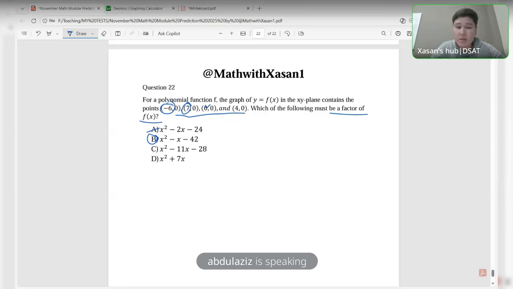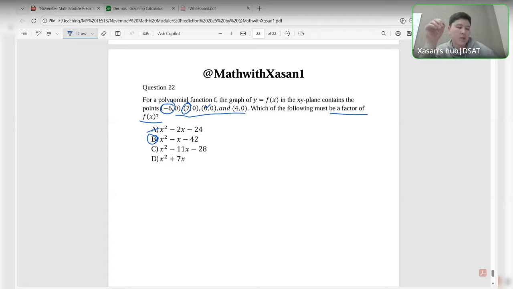No, you don't have to find all of them. Just find the solutions. If the both solutions are matching, then it can be the correct one. But no, that's all enough. 2 solutions, because they are all quadratics. We are having 2 solutions, and you just have to see which 2 are matching with the given solutions.